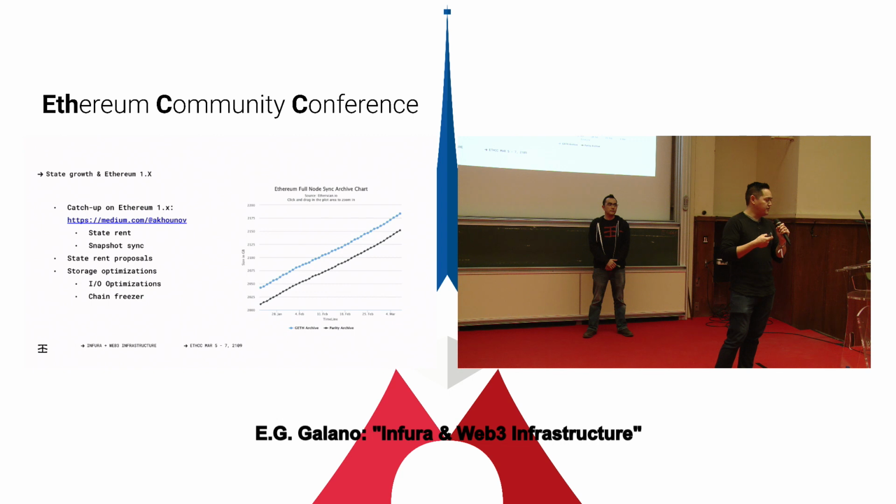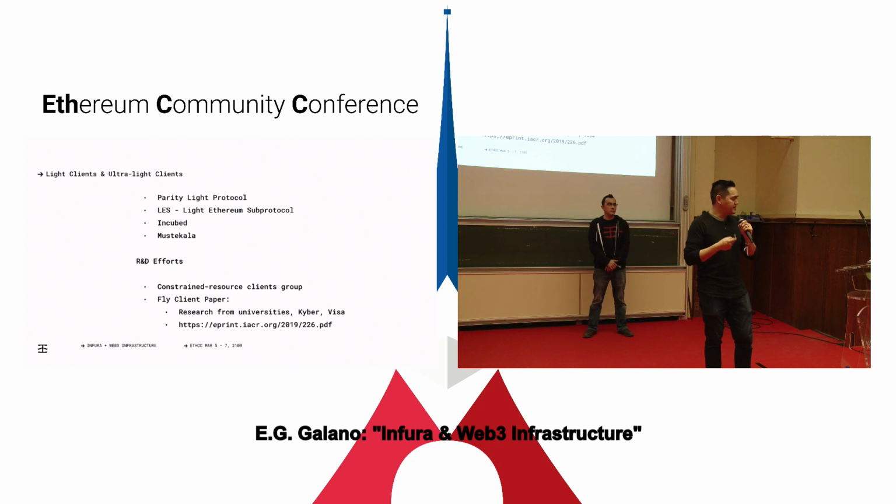The other thing that's relevant to this is the state snapshots that are generated, so warp sync with Parity. There's been some discussions around how that could be improved and how this state bloat is making that less and less feasible. So in this 1.x workshop later today, I'm interested in hearing more about the current developments on that, because getting people to keep their clients in sync is really important for the health of the network. And then all the client teams are constantly looking at storage optimizations, database optimizations, things to optimize disk I/O so that their clients can continue to keep up.